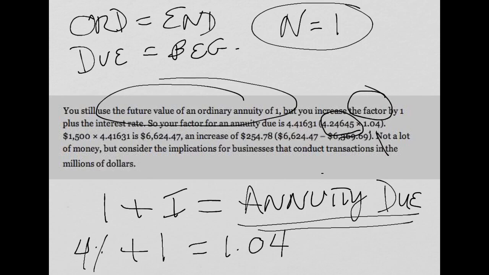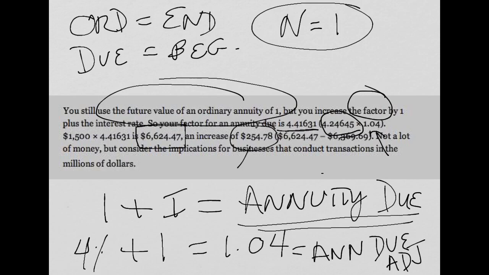We multiply it times the adjustment. So this is the adjustment for annuity due. So we multiply it by 1.04 and we get a new number, 4.41631, and that is the factor that we multiply the 1,500 by to get the answer for an annuity due. And look, for an annuity due, because we're paying it early, there's more interest. In fact, the more interest is $254.78 more interest,